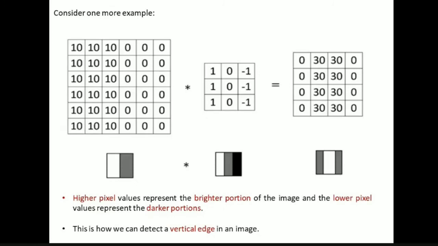So we are telling that we are going to do edge detection, that is we are going to do horizontal edge detection and we are going to do vertical edge detection also. If you consider another example, we have some values. Look here, there are some values.